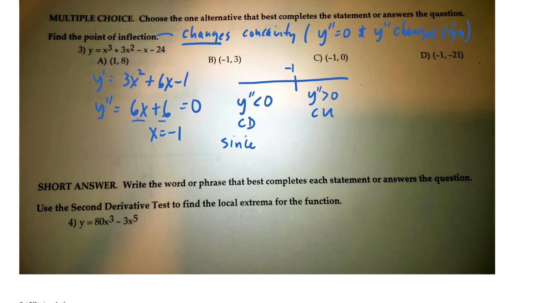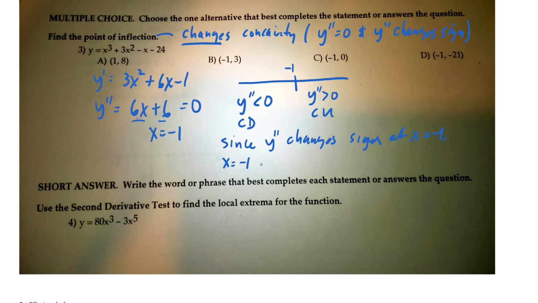Since y double prime changes sign, and here you can just say it changes sign, because that's all an inflection point does. I have to write sign, S-I-G-N,